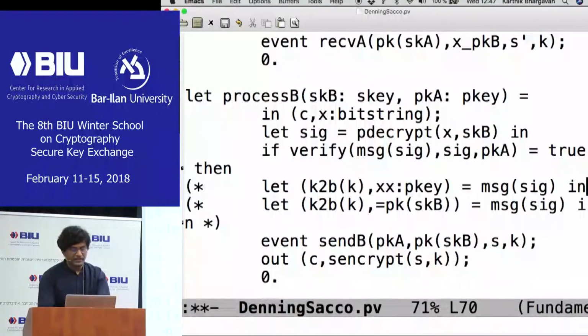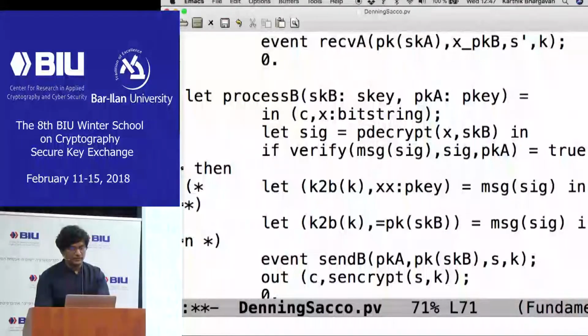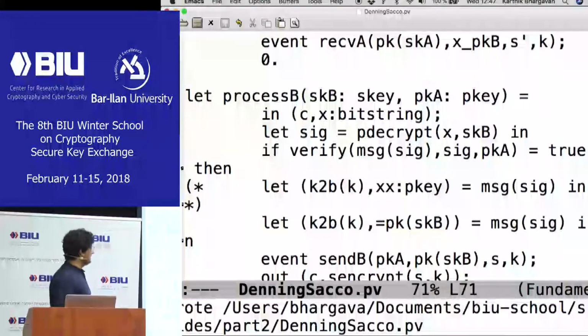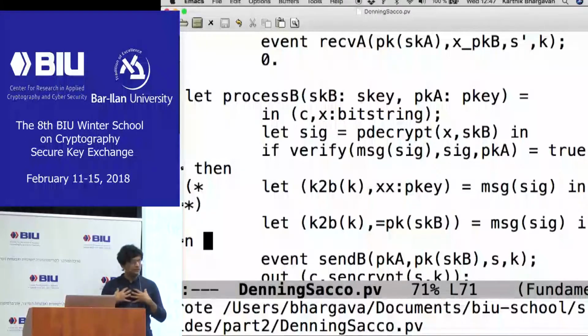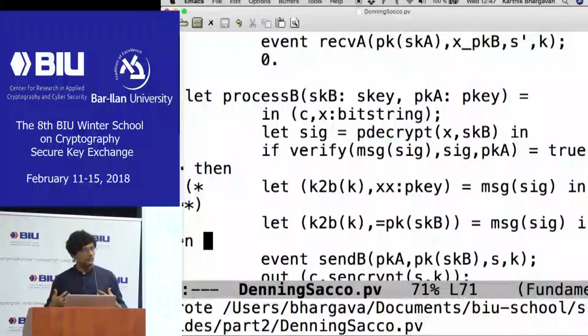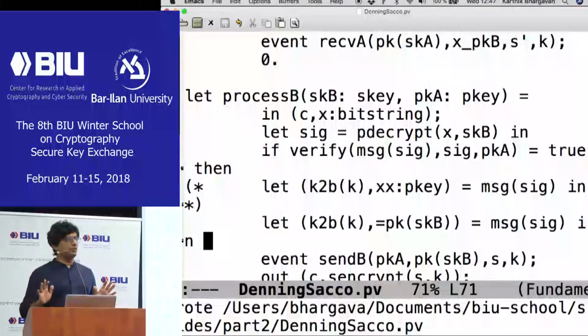So now let's actually check. So the important point here is that A has signed the identity of the intended recipient, and B is checking that the intended recipient is me. And only then does it release the key. So this is checking that the second part of the message is equal to my public key. So A actually meant to send it to me,